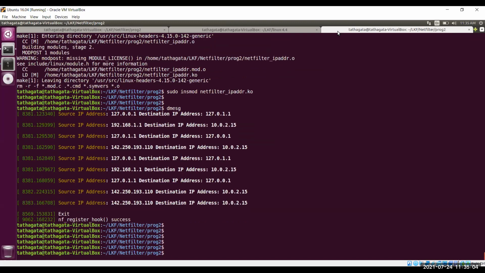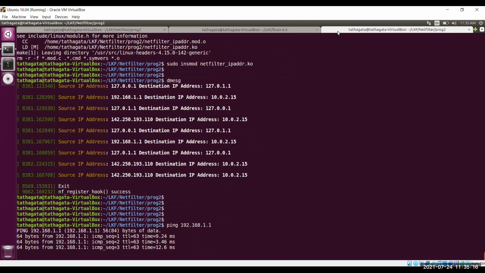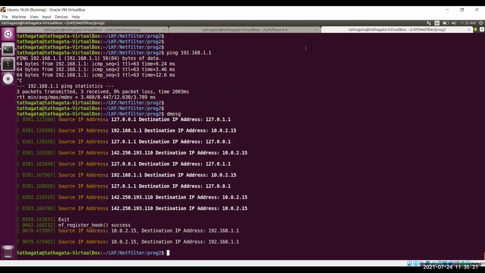So now you can see the reverse part. Now the source IP is my IP address and the destination IP is this. So this is the same thing as the previous example. The only difference is the hook position.